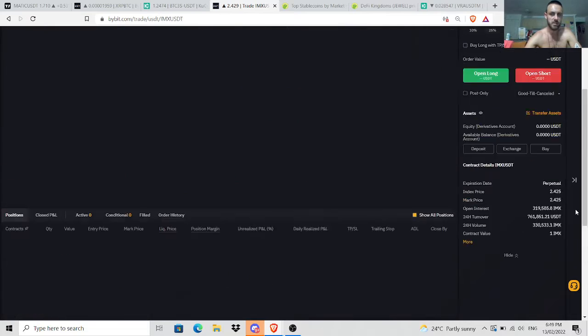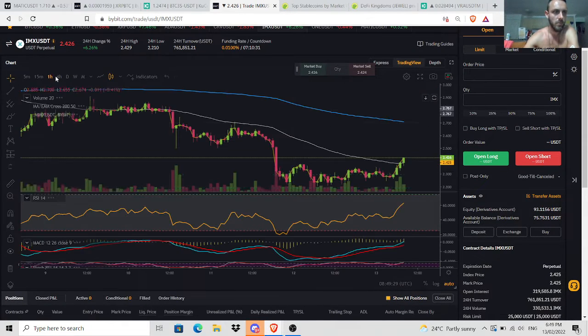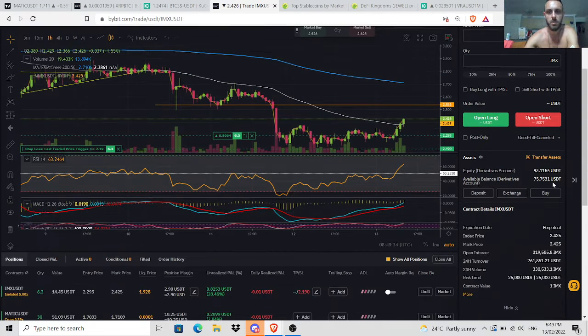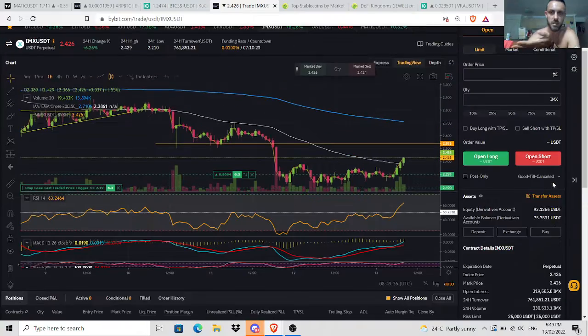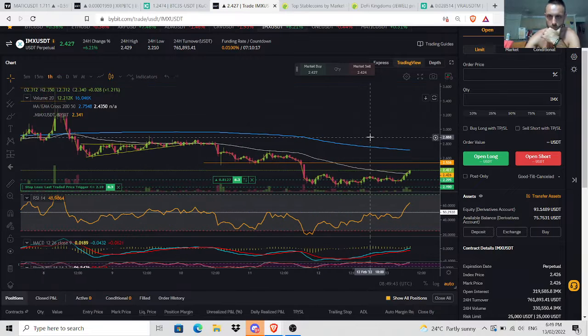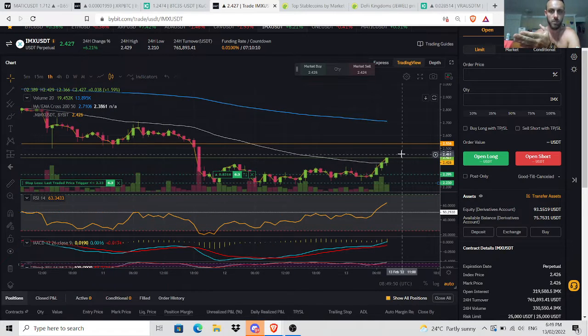That's right, IMX. Now, oh, juicy. So we've caught this on the IMX. Now I'm going to show you live action what it's like to scale into a position. If this is the bottom, we can move our stop loss to break even. But I'm going to put it just under this low, alright? And this juicy candle is above the 50. See, it was resistance, we broke it.